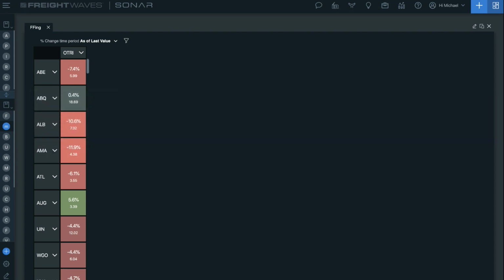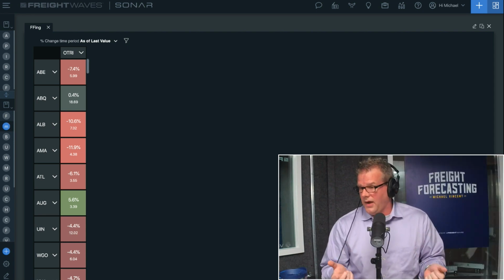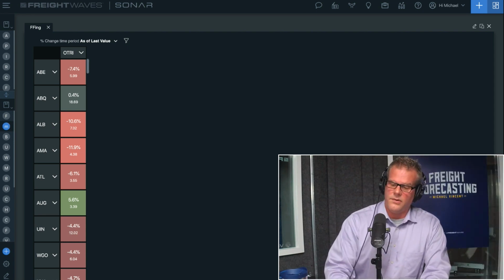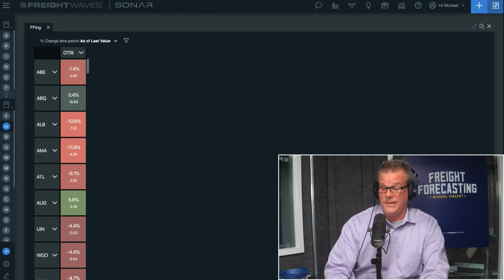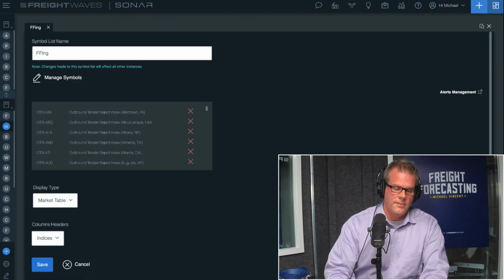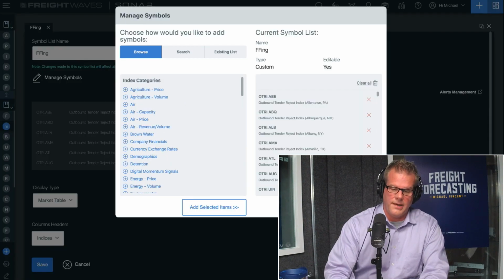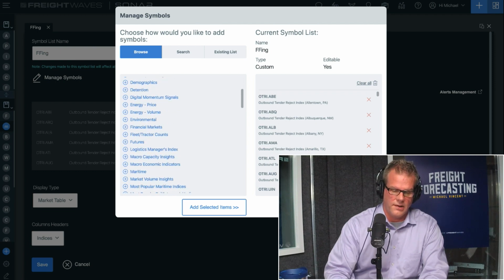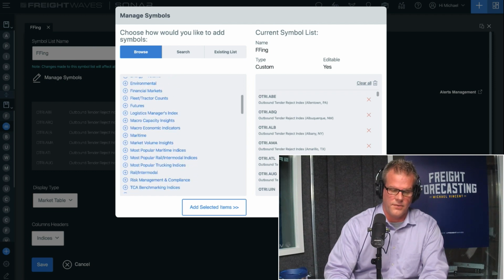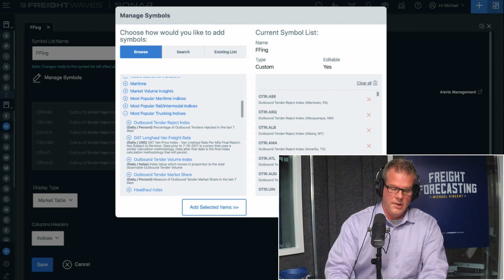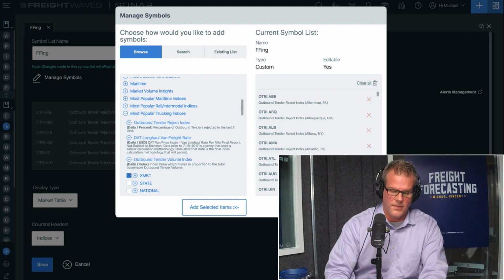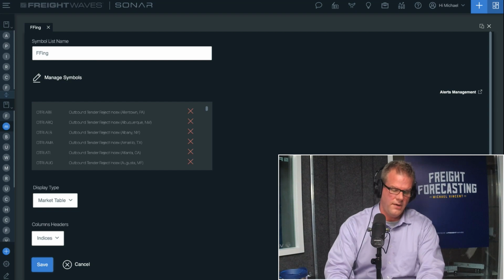Now, OTRI is telling me, and will tell you, that capacity is tight in that area. In order to understand what that actually means, you also need to have your volume on there. So I can adjust this by adding volume, by just going back in, managing my symbols or tickers, coming back down. I know that my volume insights for this particular one is under most popular trucking indices. So I can open this up and look at the outbound tender volumes. And now what I have built, if I select all markets, like you should, add those, done, and save,